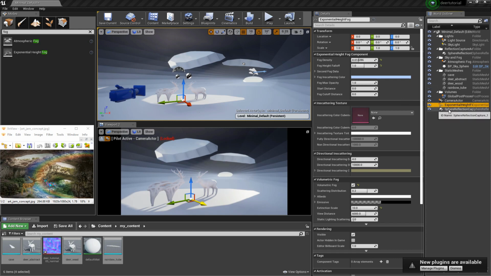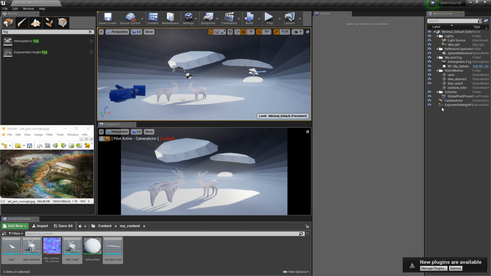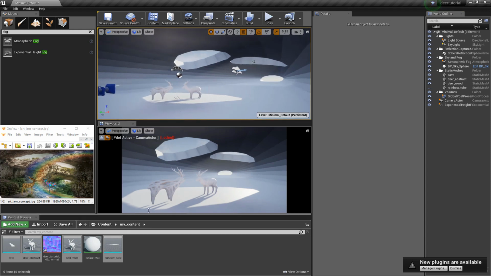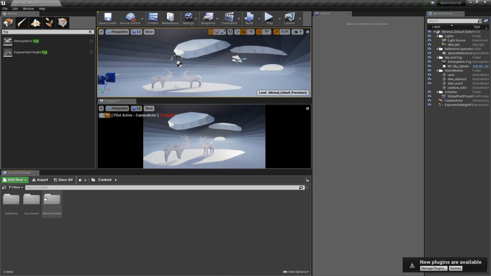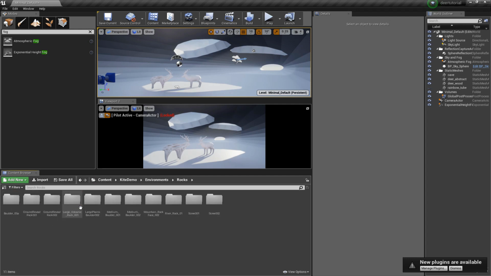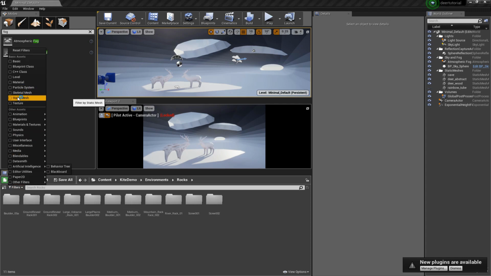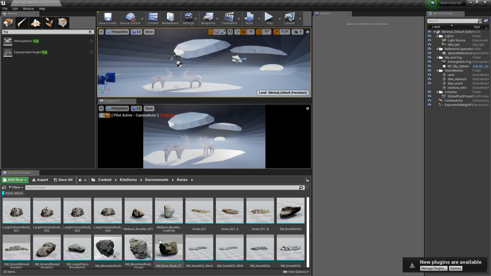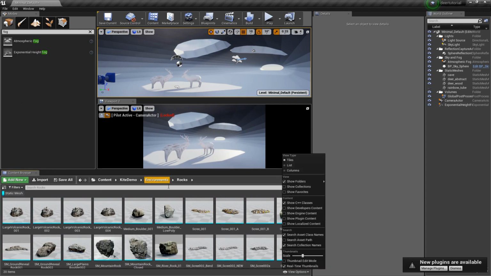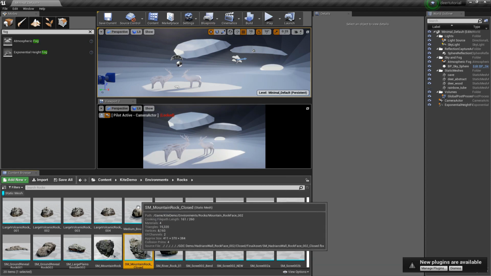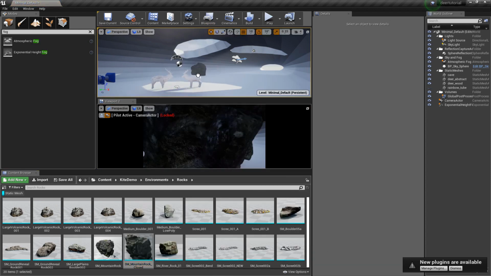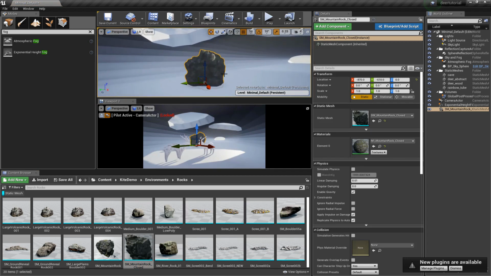So I deleted the sphere reflection capture node as well. And now I'm navigating to the Kite demo environments and I'm setting the filter to static mesh to see all static meshes from that folder. And there's this mountain rock cluster that I really like. It's really versatile. I'm dropping it into the viewport